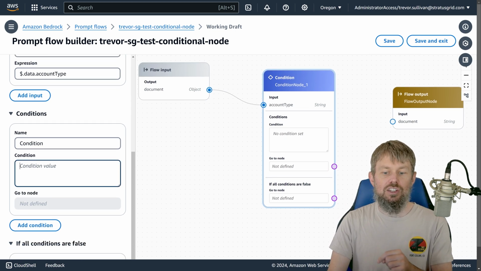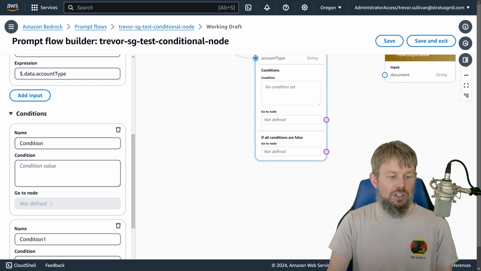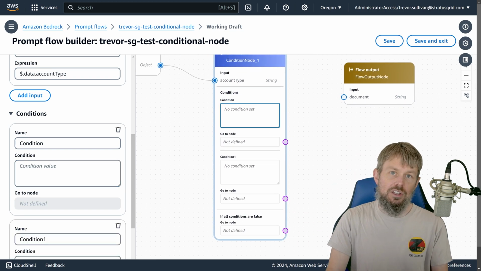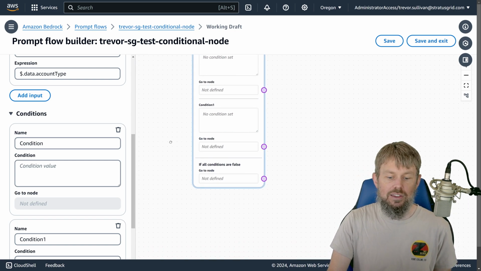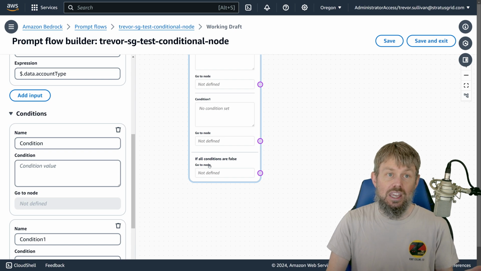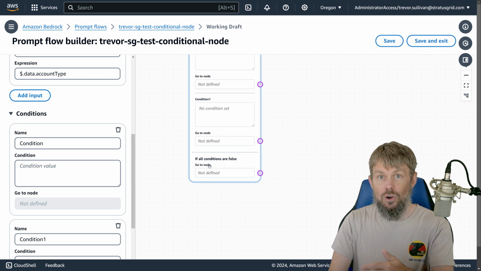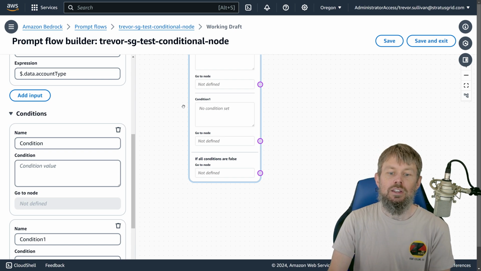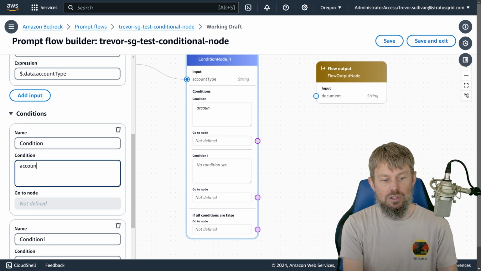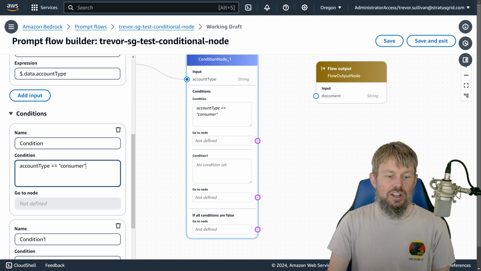So now under the condition here, we can add a couple of conditions. We're going to have one condition for consumer type accounts. We're going to have one condition for business type accounts. And then we're going to have an exception, or if it's anything else, it's like if this, or else do this, right? And so what we're going to do for the conditions here is say that if the account type is equal to consumer, then we want to do